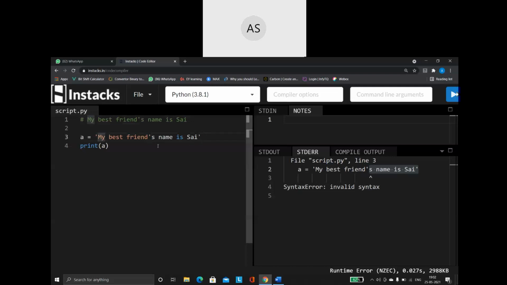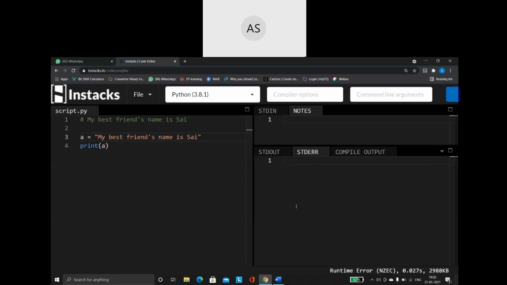So the best recommended option is to go for the double quotation. See now, you see the color difference again. There is no error at all this time. Let us run this. See, it is giving me the output, and it is the exact same output as what I have shown here. So always remember, if the string does not contain any apostrophes or characters like this, and it is just normal words, a normal group of letters, then you can make use of single quotation. Otherwise, we always prefer the double quotations.